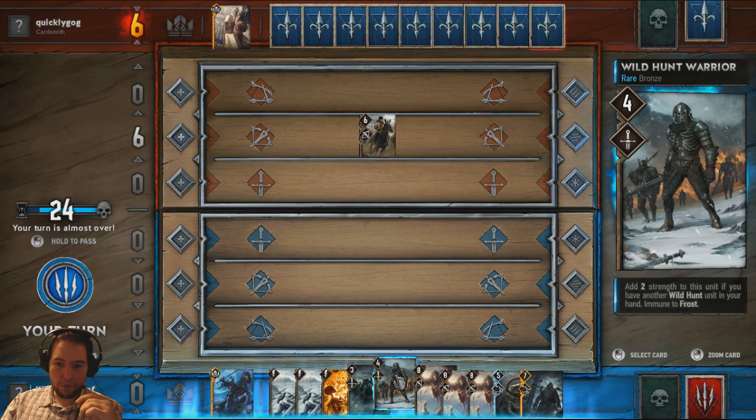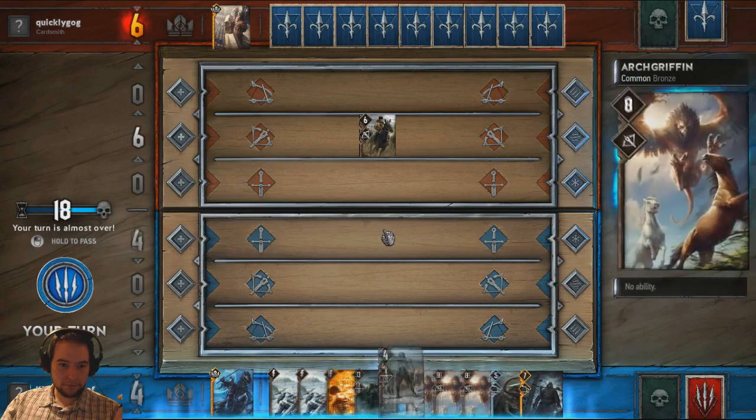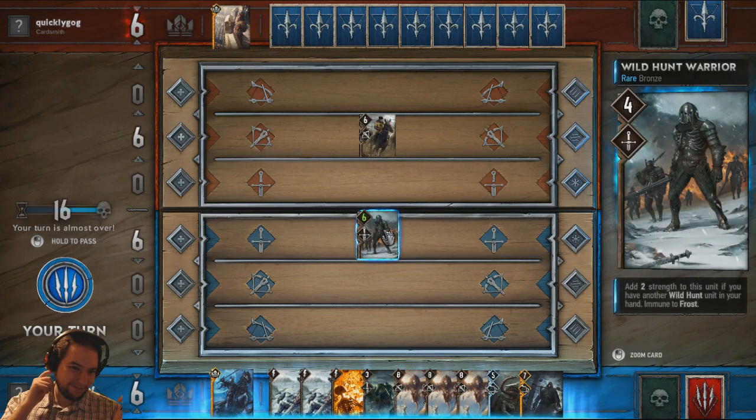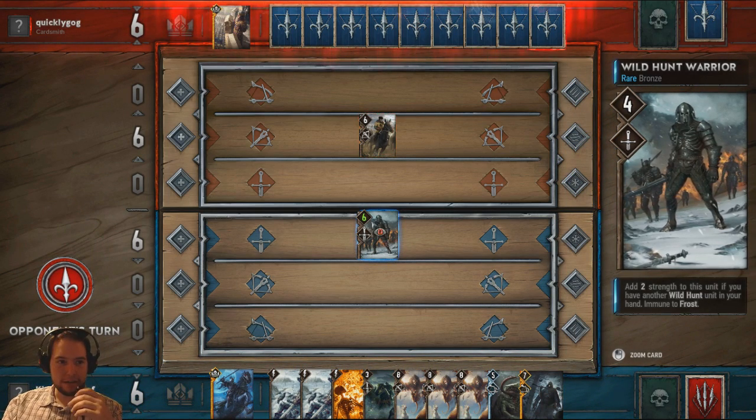Add 2 strength for every Wild Hunt unit in your hand. So you've got to play him first before you play him. So let's do that. Death comes for you. There you go. Shit, we're equal strength. I don't think it matters. He wouldn't Scorch, but...